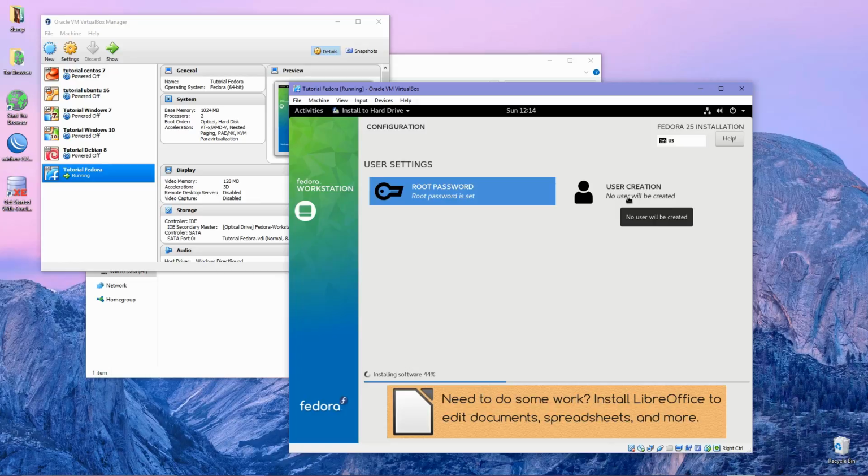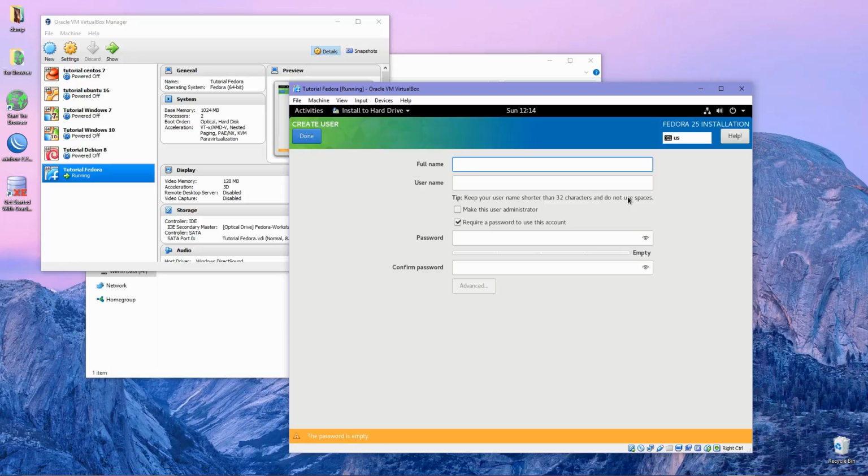Now we need to create a user that is used for login. Type your full name, type your username for login, type your password for login, and done.